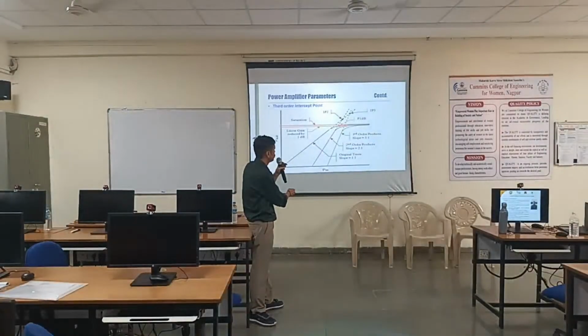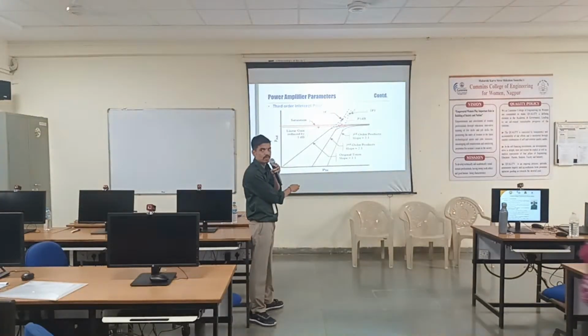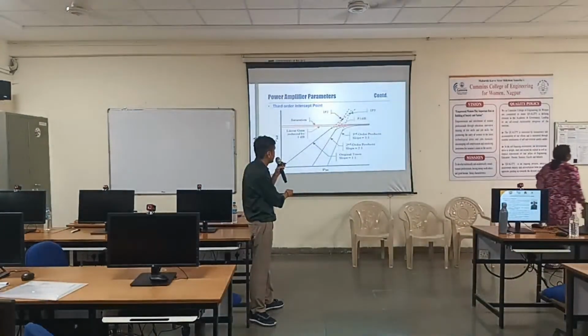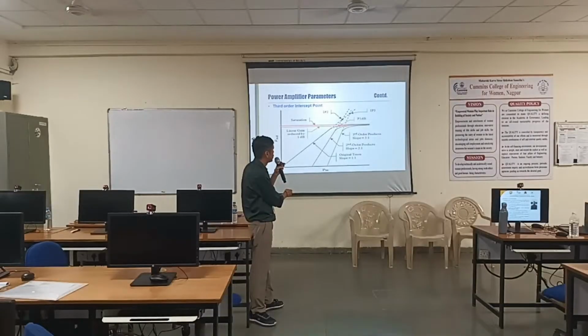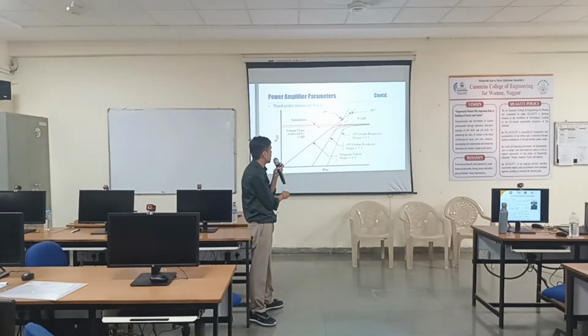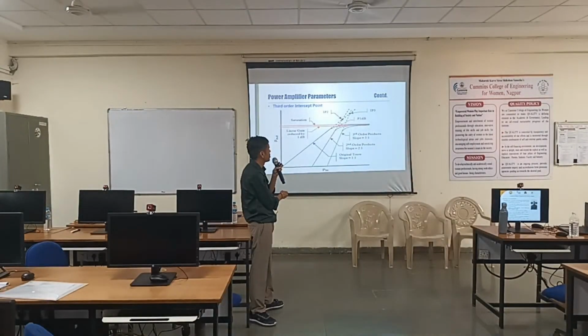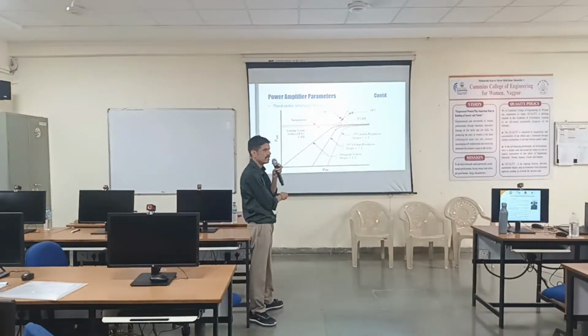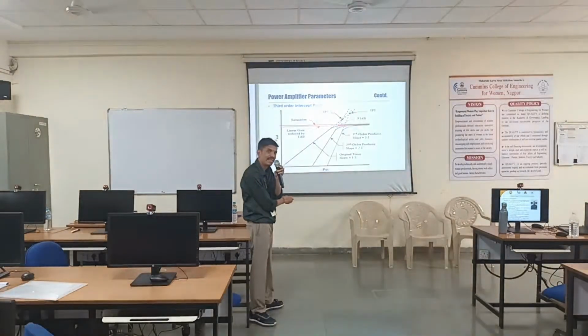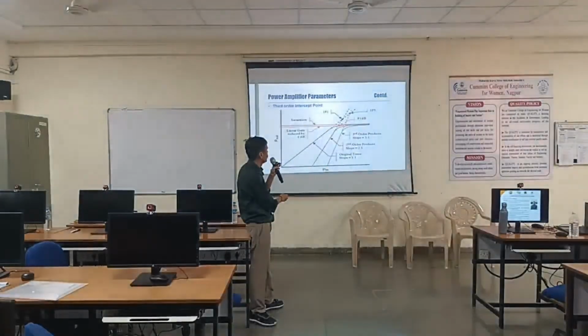We expect this should go like this only, but it will never go, right? Because this is the point where your device limitation is going to start. Saturation: the device will saturate and your output will not increase in the same proportion as it was in the earlier region. So this region is called the linear region. Next to that, this region is the non-linear region. So all GAN PAs will work in this region.